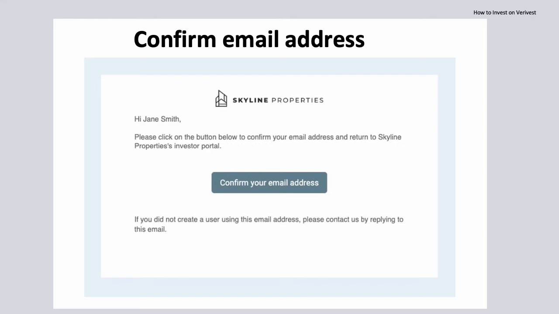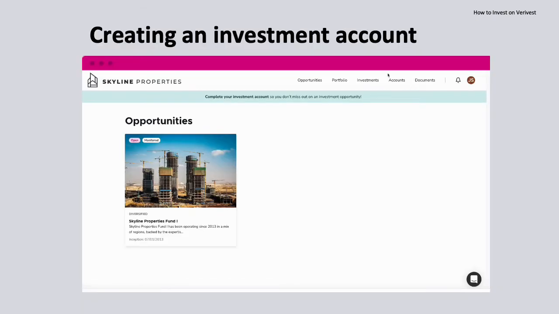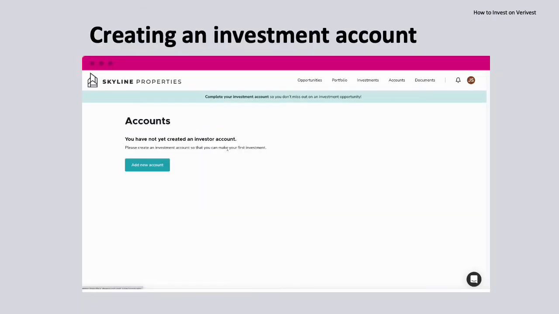Next, you will receive an email prompting you to confirm your email address. Once you click the link, you will be ready to start the investment process. If you did not receive your confirmation email, contact support@verivest.com. Once your email address is confirmed and you are logged into your user account, if you want to create